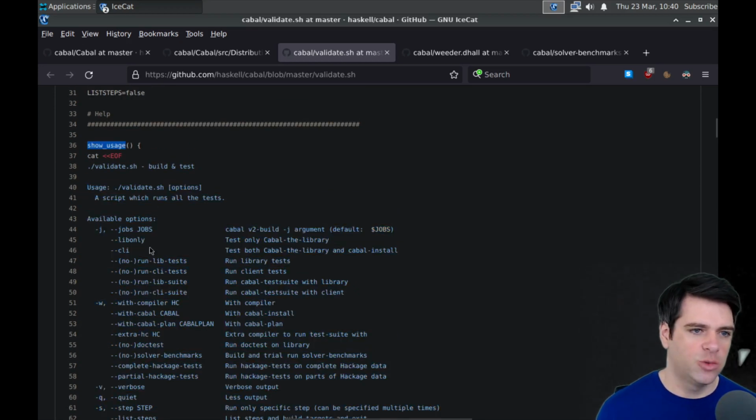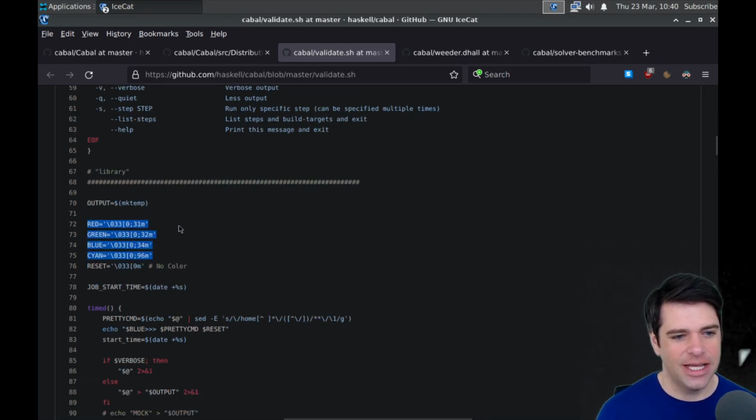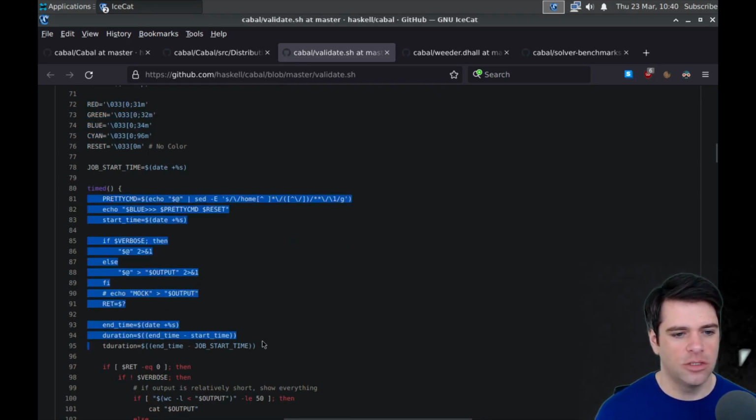So yeah, okay, show usage. That makes sense. Set the output file to some temporary file that's I guess returned by make temp. These are colors, I guess, for coloring the output. And we're going to time some stuff and do stuff with the colors.